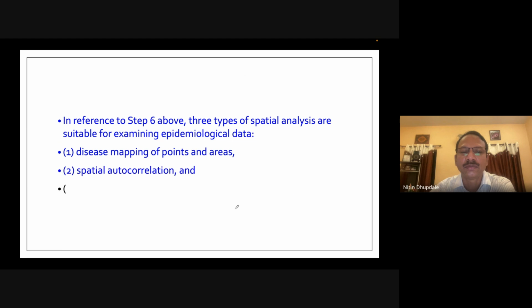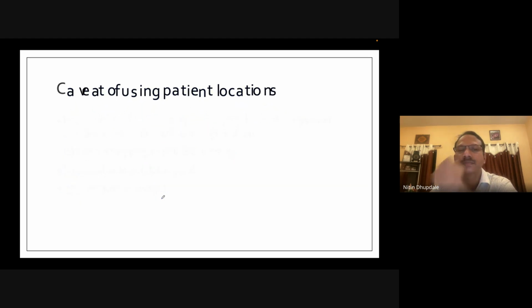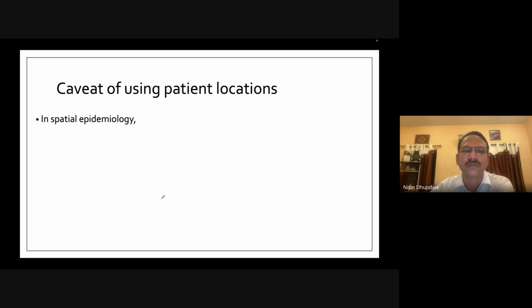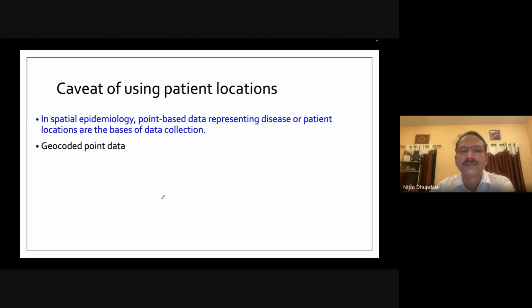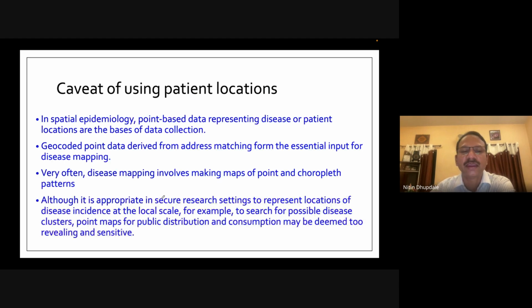So we do disease mapping either in the point or area of aggregation. We do spatial autocorrelation, that is statistical tests, geostatistical tests we can do, which are inbuilt in GIS software. So various ways we can use the data, but we have to make sure that the patients' locations are treated very sensitively,